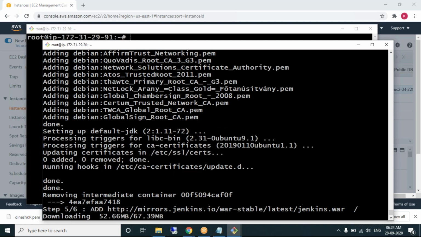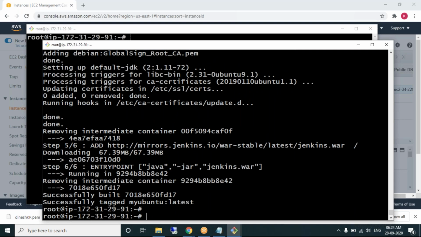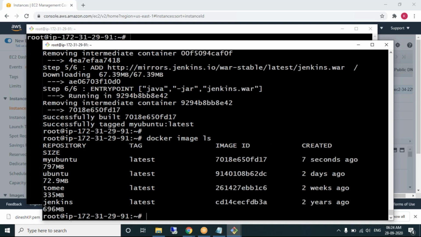No, that's downloading. Okay. docker image ls. Ubuntu is a base image, a standard image. My Ubuntu is a customized image.